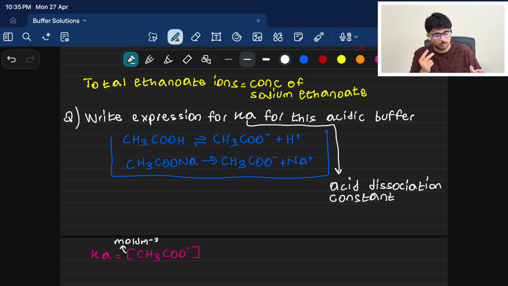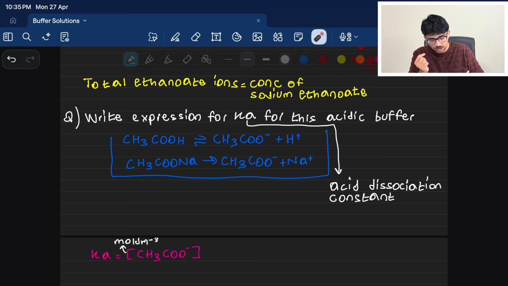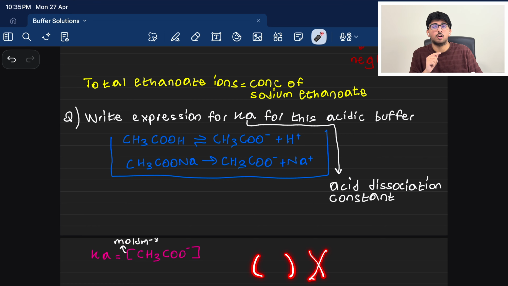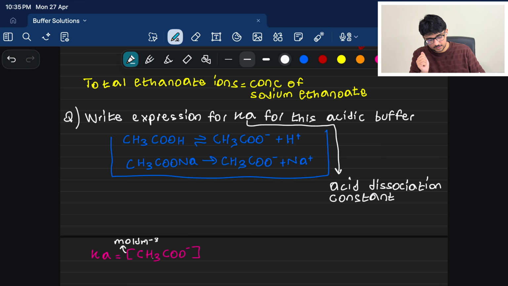They are a code word for mole per decimeter cube. If you use these brackets, the examiner is going to mark it wrong in the exam. You have to use square brackets. So CH3COO minus and then H plus. Those are the two products. Their concentrations are multiplied, divided by the concentration of the reactant